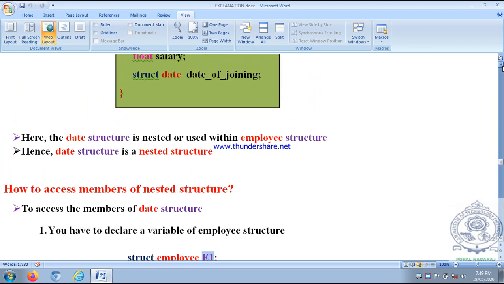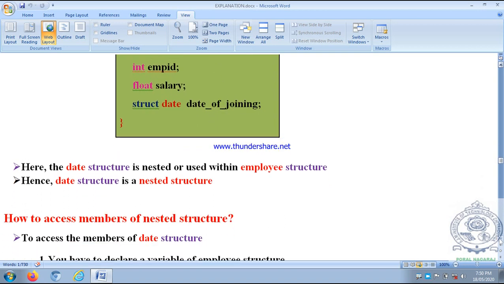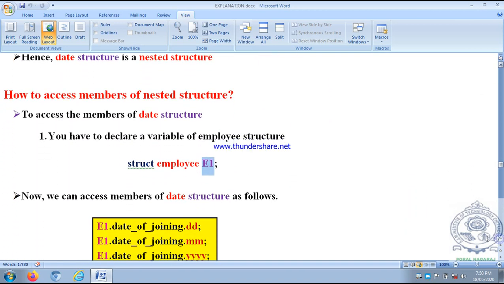What are those four members? The first is employee name, the second is employee ID, the third is salary, and the fourth is date of joining of date type. So we declare the structure variable E1 like this, struct employee E1. Now we can access members of the date structure, that is the nested structure, as follows, because date is the structure which is used in the employee structure.